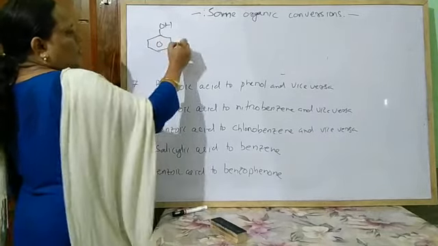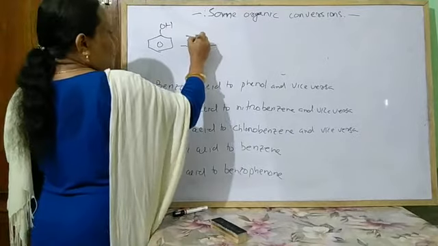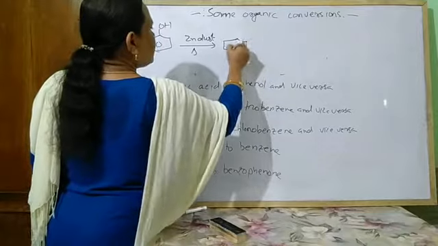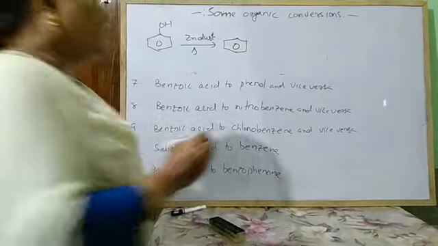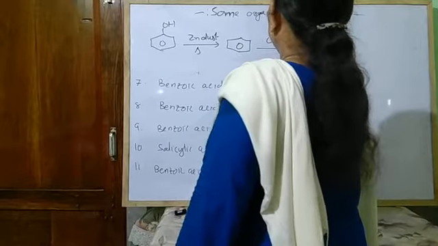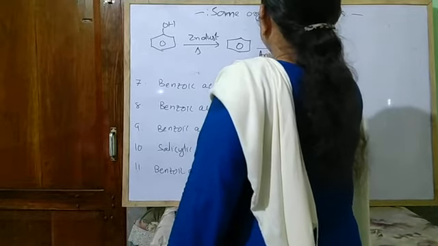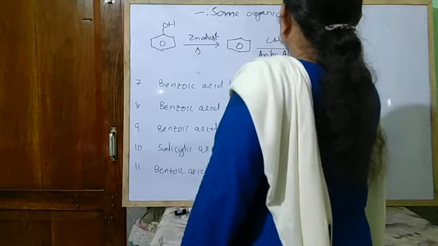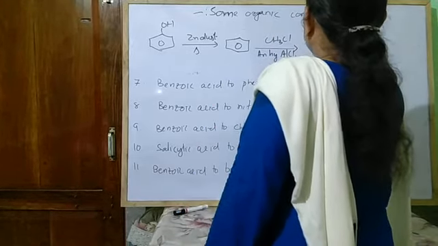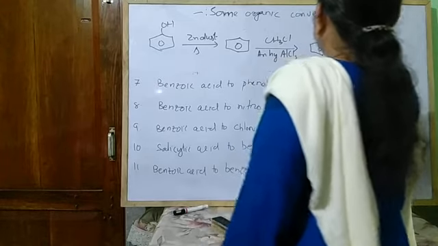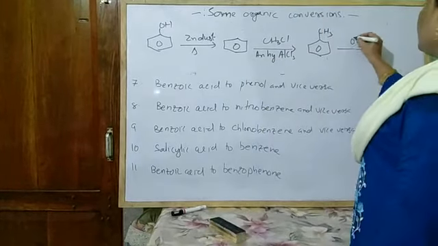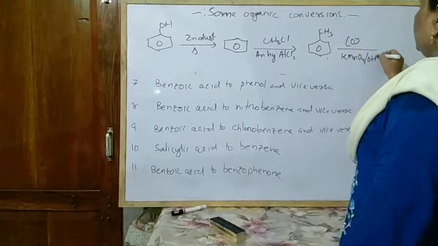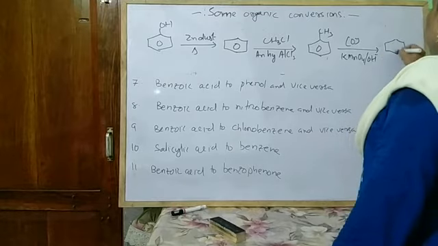So phenol, first you have to heat it with zinc dust. It forms benzene, and benzene when treated with methyl chloride in presence of anhydrous aluminum chloride, it forms toluene. And toluene when it undergoes oxidation in presence of alkaline potassium permanganate, it forms